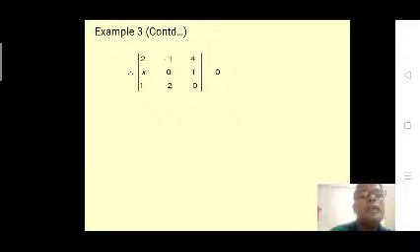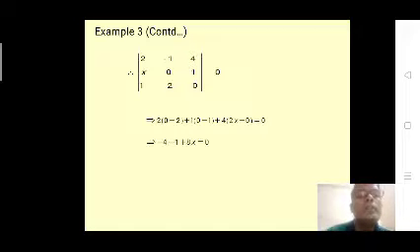Therefore, the determinant of [-1 4 x; 0 1 1; 2 0 1] is equal to 0. Then write the simplification, expanding by the first row. The first element is minus 1; the corresponding row and column are neglected. Then we have to multiply 0 minus 1 times... plus 4 times (0 minus 2), plus x times (0 minus 2), is equal to 0. We get minus 4 minus 1 plus 8x is equal to 0. We get minus 5 plus 8x equal to 0. Therefore, x is equal to, how to write here,